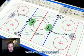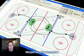Now, what I was talking about is some of the timing elements that come into this. So you want to have your players, their job is to receive the puck in the receiving zone at full speed. So sometimes what happens, especially with some of the younger age groups, as you're doing this drill,